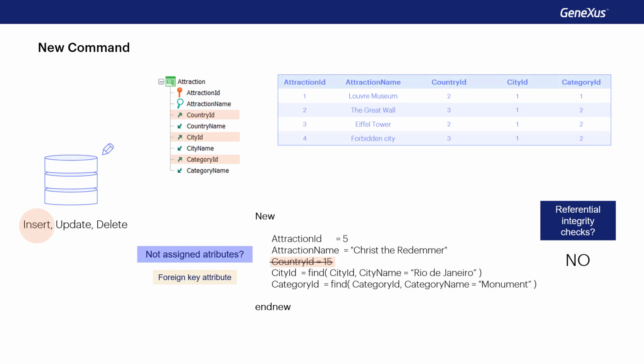Again, the new command will not perform any check and will try to insert the record. If the database makes them, then it'll throw an exception like the previous one that will stop the program if it's not caught and handled by it. We might think that if the attribute accepts nulls, it'll never fail because the database will allow that null for the foreign key. However, we must be careful about how the database interprets that it's a null and not an empty value. We'll discuss this in another video.